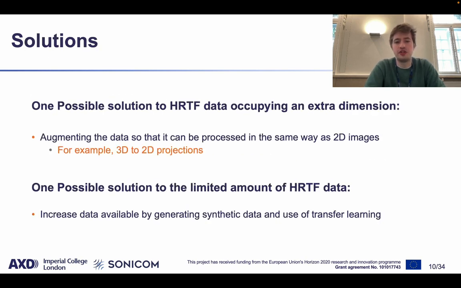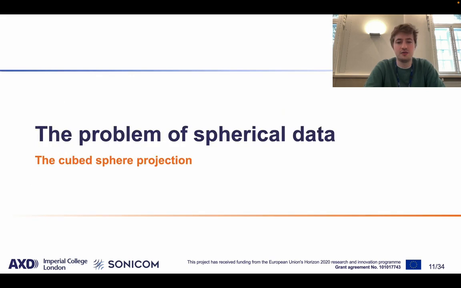So one possible solution to the extra dimension is to use a 3D to 2D projection. The rationale here is if we can project the HRTF onto a 2D surface, we can basically exploit all of the literature on 2D image upsampling. Then the second problem, the limited amount of data: if we can increase the amount of data available by creating synthetic data, then maybe we can use this to train our model, or maybe we can use transfer learning to learn at least something from this synthetic data,